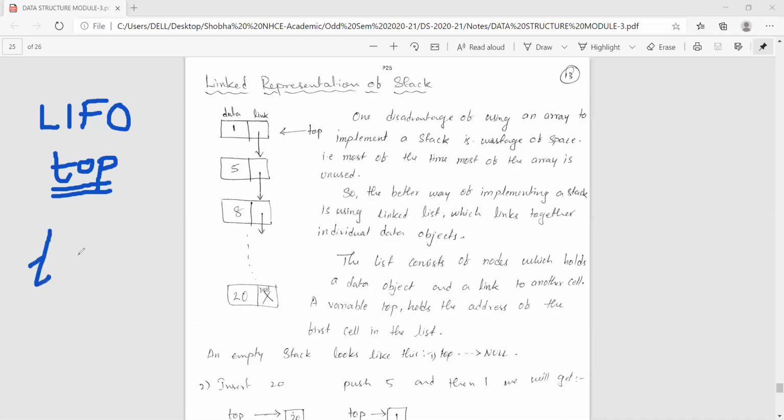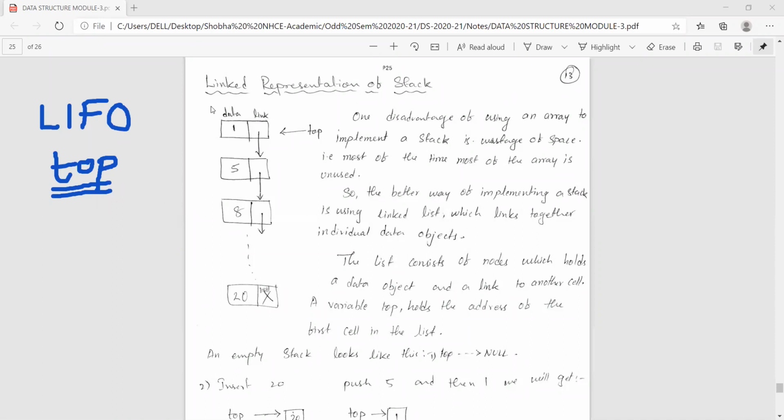Then what will you do? Decrement, top minus minus. Top minus minus means top will point to the next element in your array. It will decrement your top after deleting an element, and increment your top to push a value. So these were the basic two ways, using the top variable, we were inserting and deleting using arrays. Whereas in stack also, this last in first out and the top variable we have to use as it is.